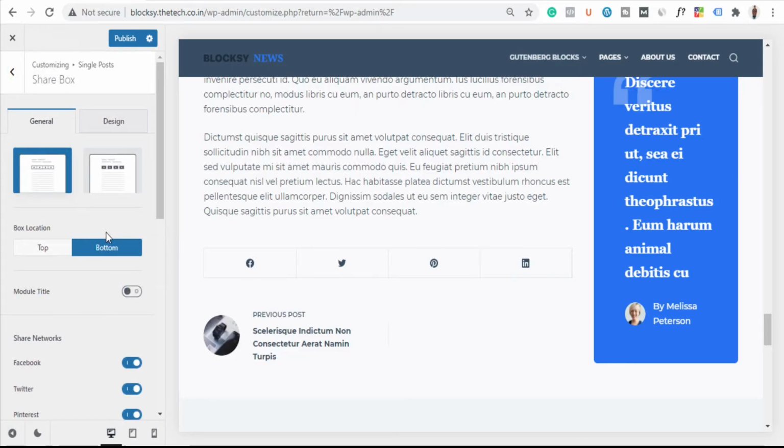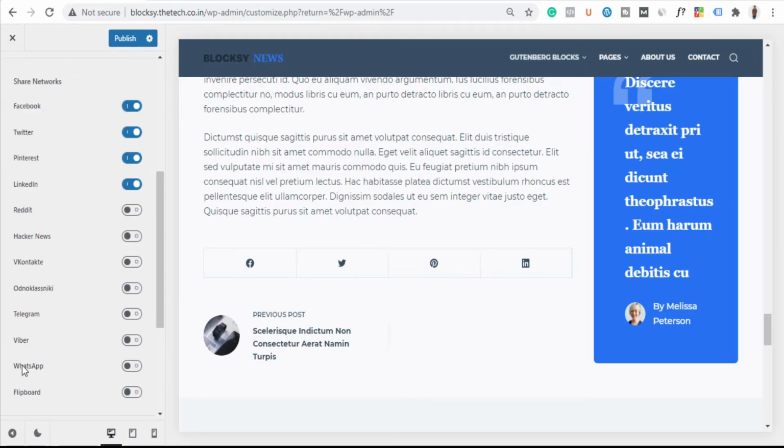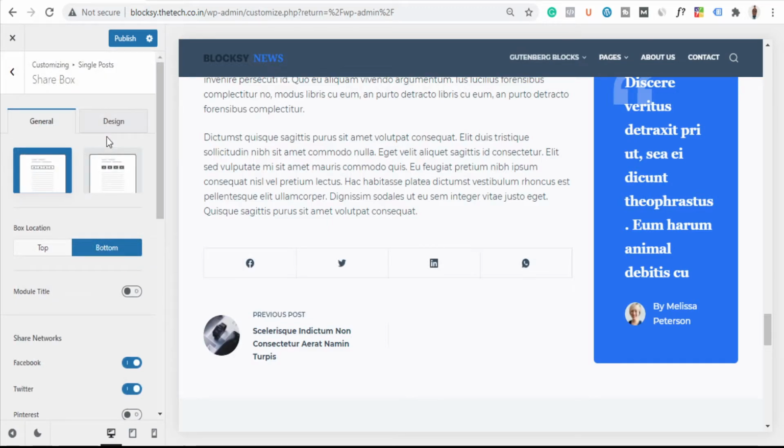Like for example, I want this WhatsApp option as well, so I'll just check it, and I got the WhatsApp share. I don't want this Pinterest option here, so I can just remove it and it will be gone. Yep, it's that easy.